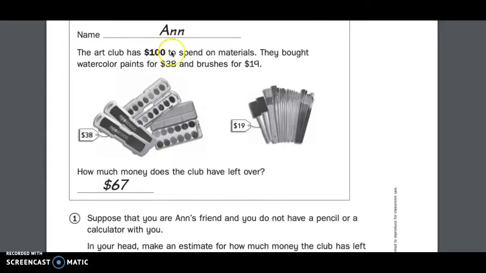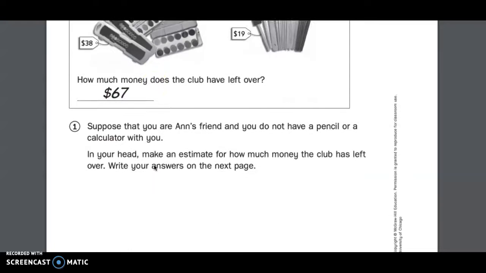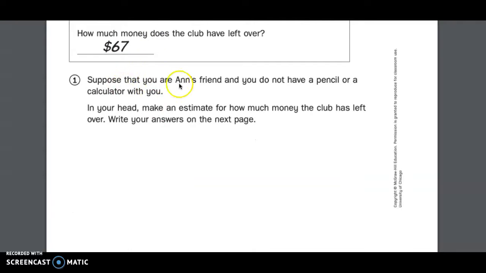Here's her name. The art club has $100 to spend on materials. They bought watercolor paints for $38 and brushes for $19. How much money does the club have left over? Anne says $67. So number 1 says, suppose that you are Anne's friend and you don't have a pencil or